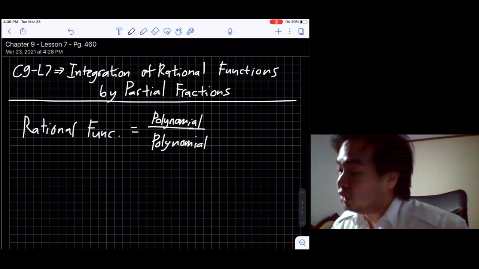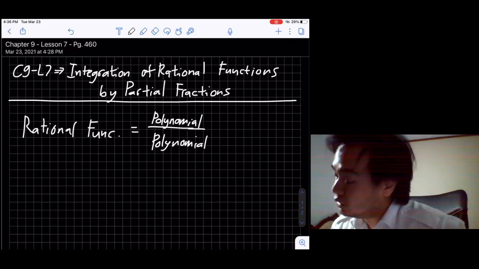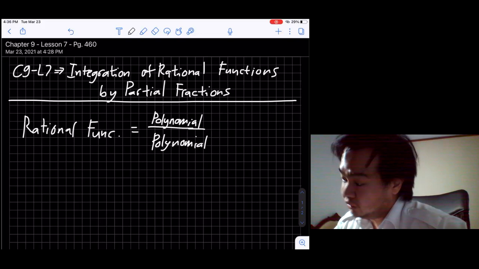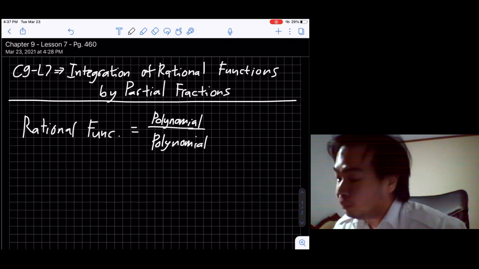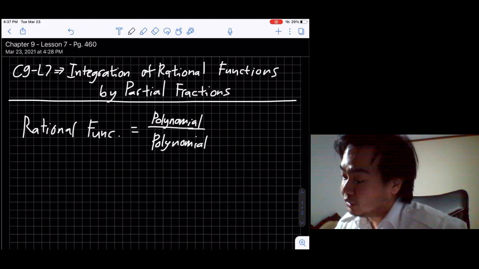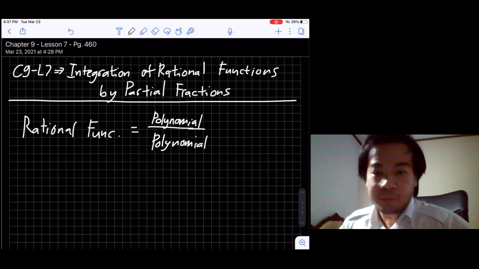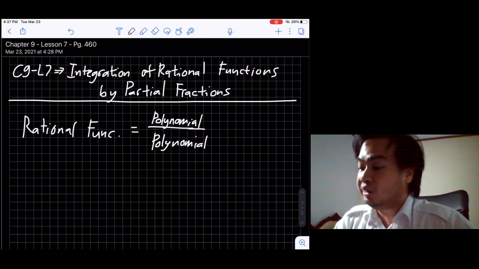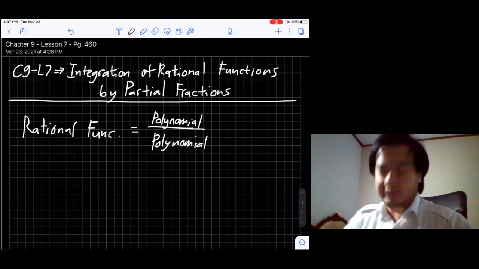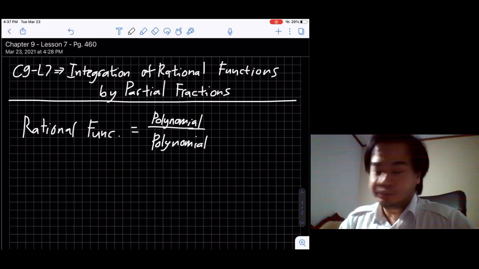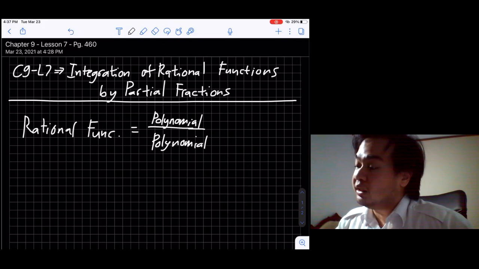And you can see on your book page, the homework that I'm gonna give later on page 463, all of those are examples of rational functions. Number 1, 11x minus 15 divided by x squared minus 3x plus 2, polynomial divided by polynomial. And then 7x plus 25 over x squared minus 7x minus 8 is polynomial divided by polynomial. So basically, when you have a polynomial divided by a polynomial, then you can use this method to do the integration.